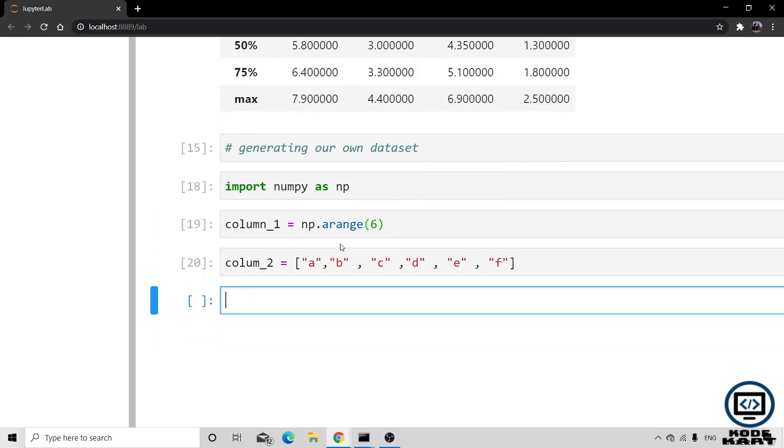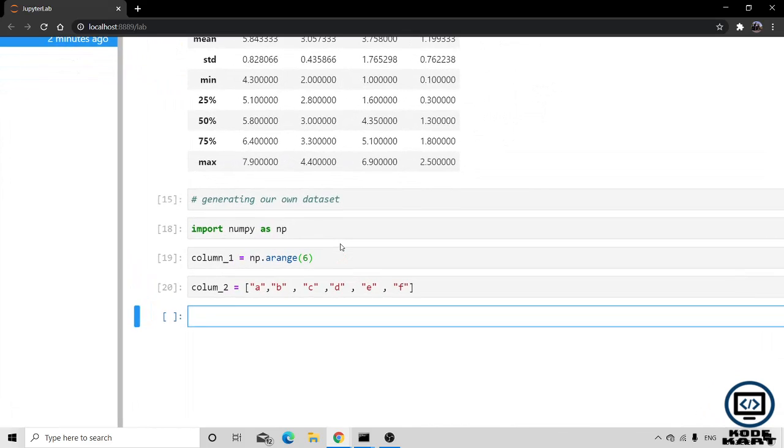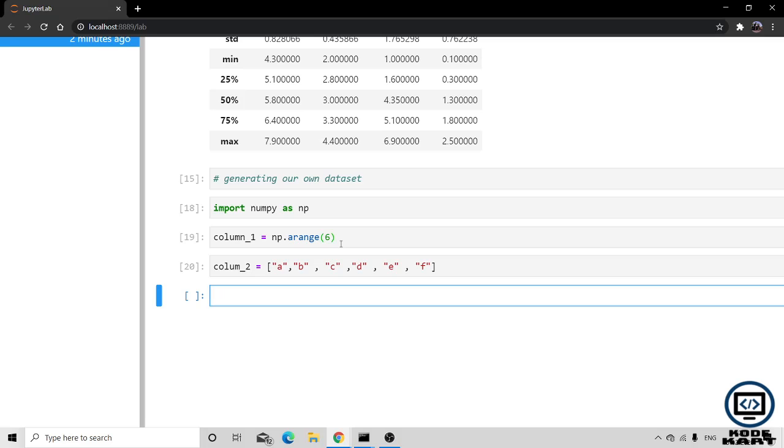I want to turn it into a data set. Okay, I want to generate a data set, suppose like Iris only. You can generate it with the help of pandas. There is one function pd dot DataFrame, and it takes a dictionary. You can make the dictionary outside also, but we can simply make it, suppose this column 2 is representing name, so names equals column 2, and what else we need, marks, let's take the marks, and our marks equals column 1.